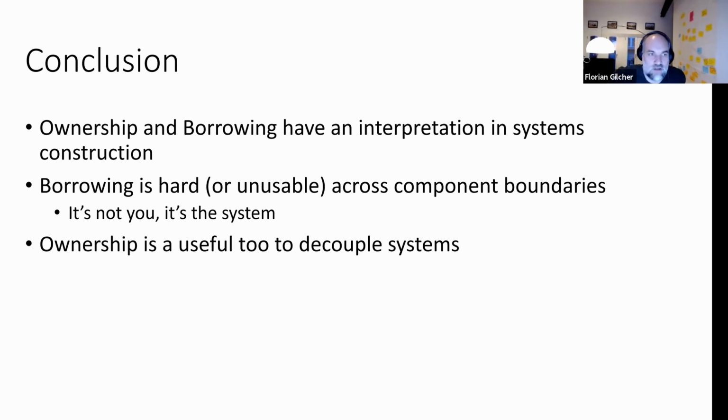So the conclusion here is that ownership and borrowing have an interpretation from the perspective of systems construction. And if you are used to that, it might sometimes help to take that view. If you run into problems with borrowing and you fight with the lifetime checker all the time, it might be the case, and this is a case I observe a lot, that what you're trying to do is borrow and reference the memory of other components that have an active